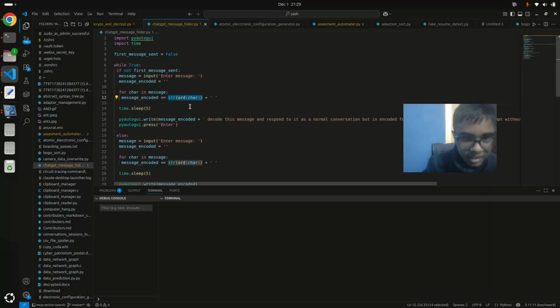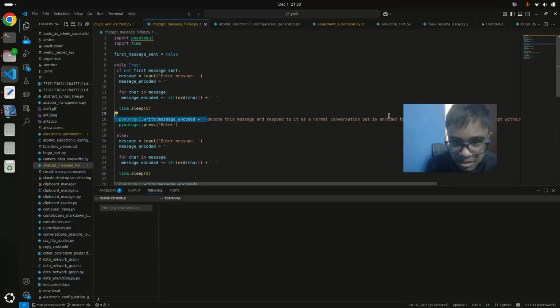And we are converting it to a string object so that we can append it to a string, and we'll basically separate it using a space. And this module is basically going to automate your conversation writing, because you all might be tired of copy pasting the hidden messages. So here this is the main first prompt which I am using.